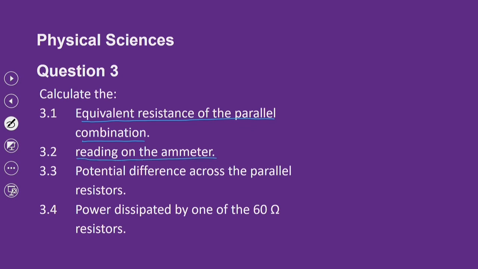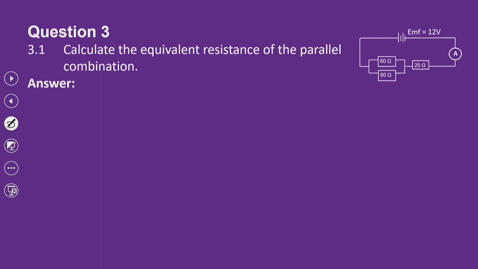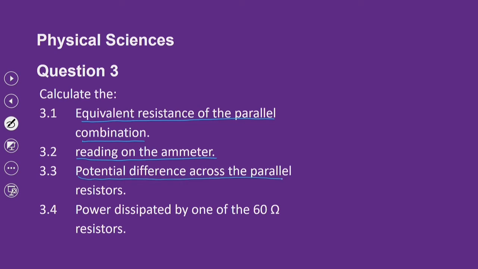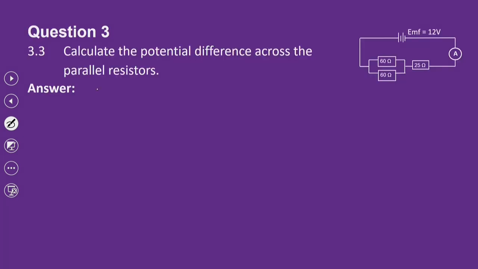Next question. What is the reading on the ammeter? That is the total current. What did we have to do? We had to do this little piece and all of this to find what was the total current. Next question: the potential difference across the parallel resistors. V parallel is equal to I times R parallel. So the total current was 0.25 multiplied by R parallel's combination, which is 30. That should give us 30 divided by 4,